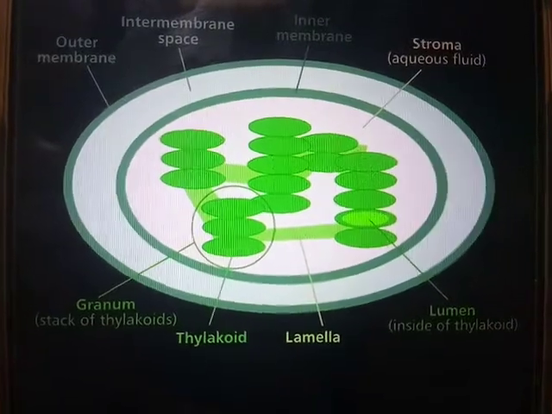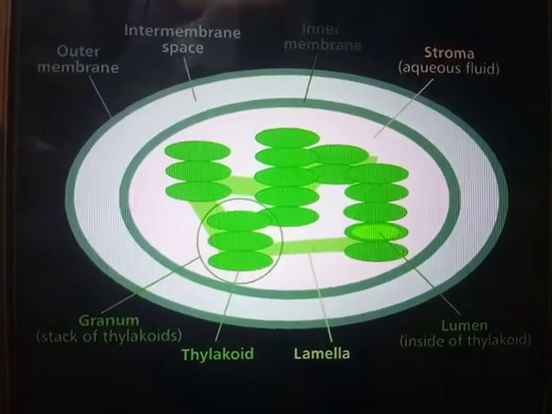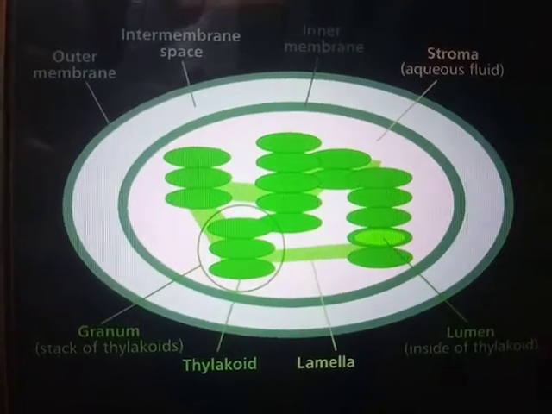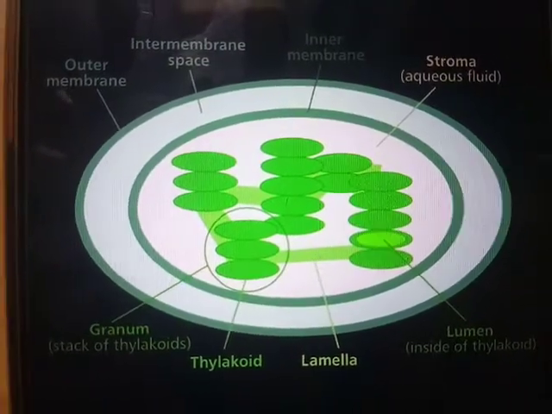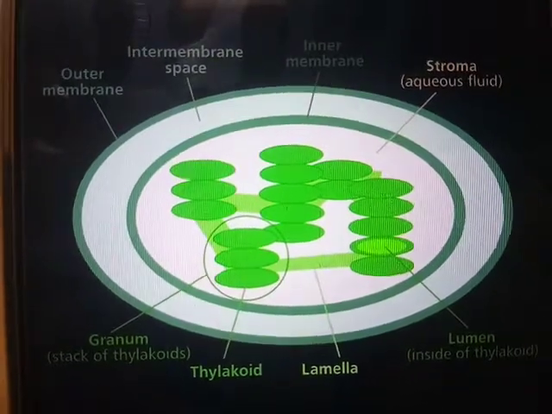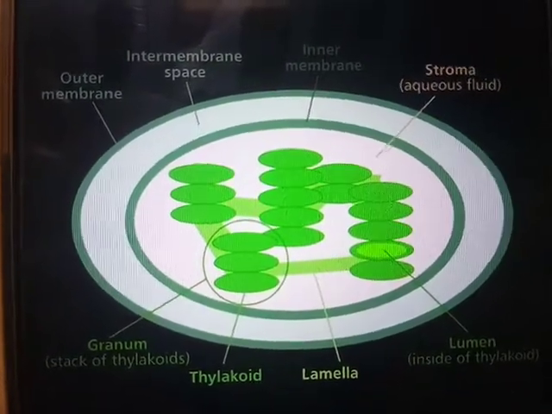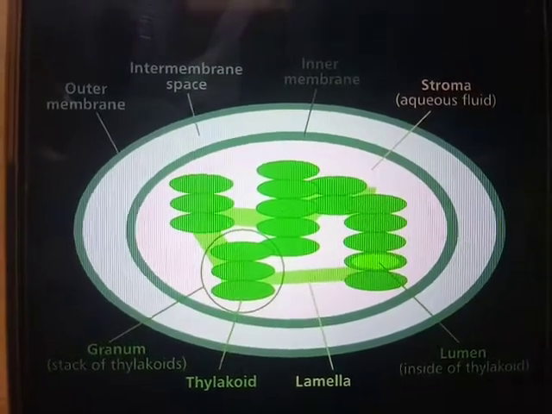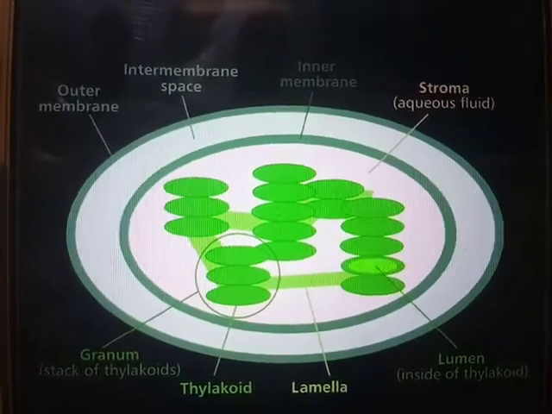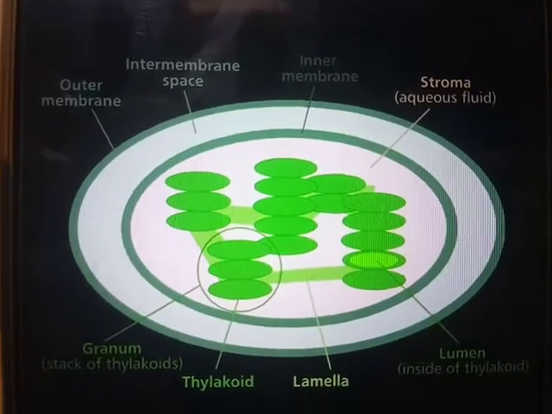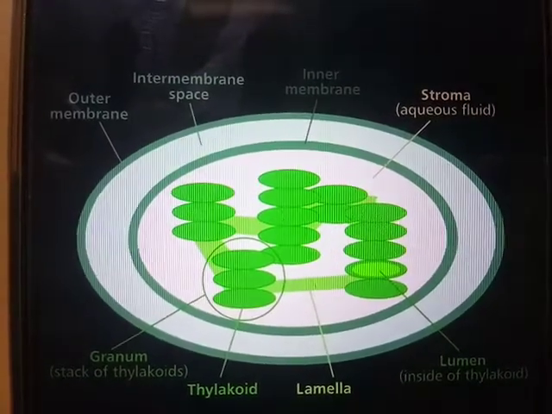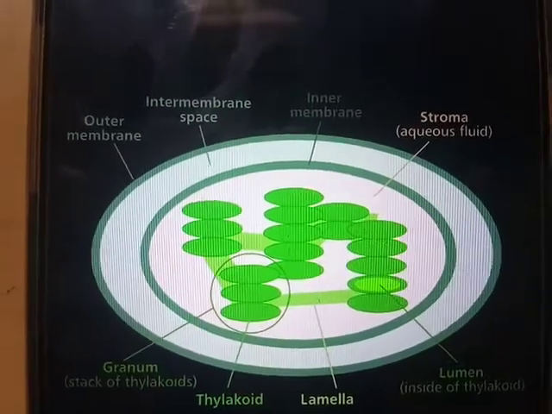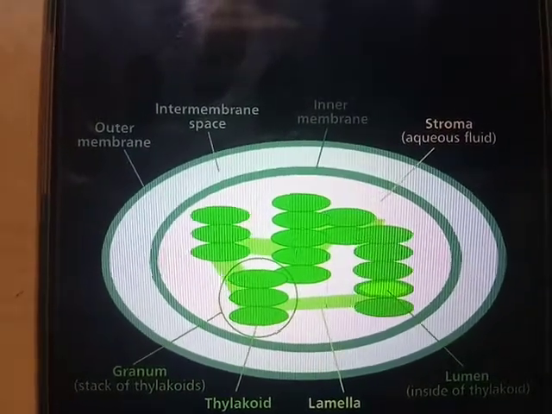Good morning, friends. Today we are going to discuss a major plant cell organelle called chloroplast. Plant cells contain certain structures called plastids, which are absent in animal cells. So when you see the difference between plant cell and animal cell, this is a major difference: the plant cell has plastids and the animal cell doesn't have a plastid.